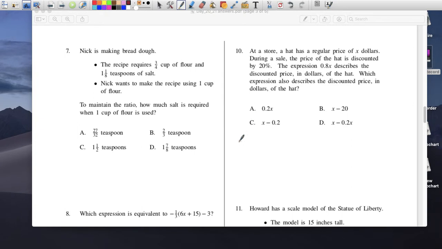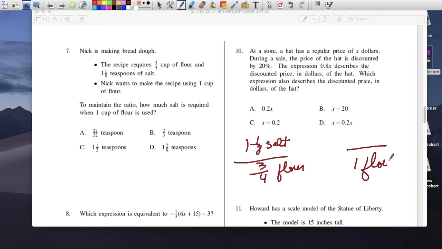Let me just reverse the order here. So 1 1/8 salt for every 3/4 cup of flour. So what happens when I use 1 cup of flour? Obviously, I'm going to use a little bit more salt. So change the unit rate, multiply by the reciprocal, 4/3, and multiply the top by 4/3. These two cross out, simplifies to 1, which is what we want, and then multiply 1 1/8 times 4/3, which you